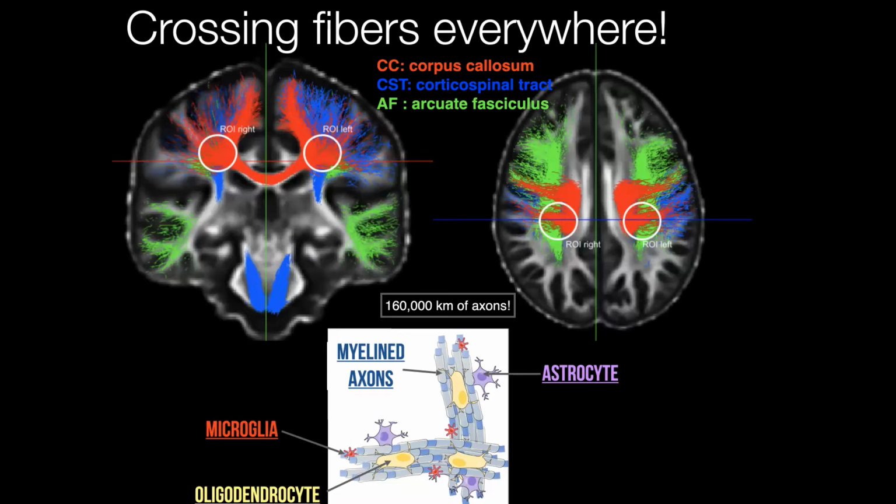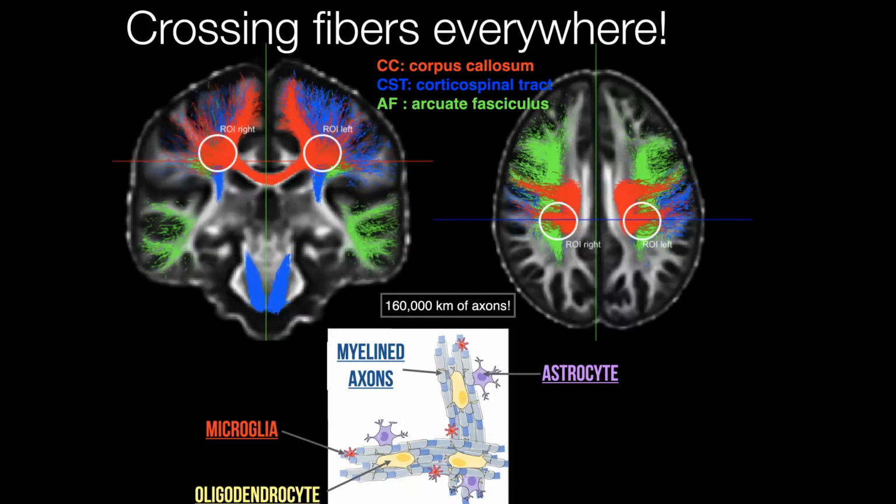If we have to pack all this connectivity within our small head, it's estimated that up to 90% of imaging voxels currently have crossing fibers. So you can imagine that for a tractography algorithm, it's a nightmare to traverse. It's very easy to get lost and very easy to